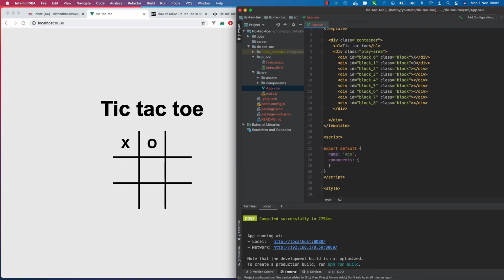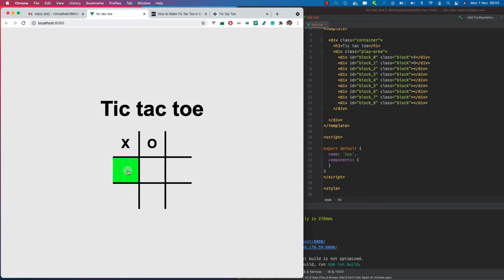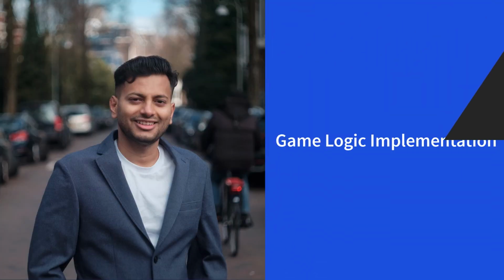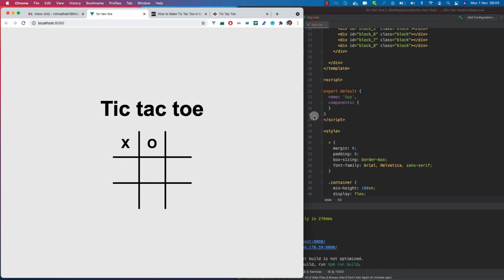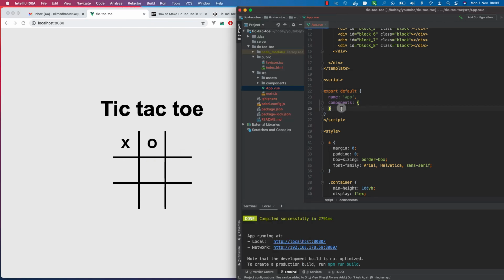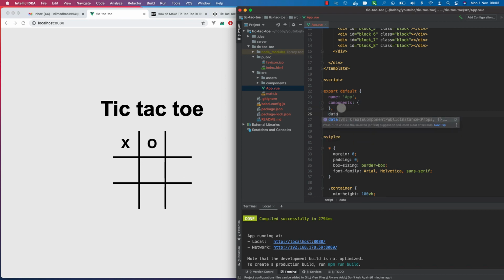So first we have to see that when you click one element, we have to display X or O, right? So how would we display the X and O's like this? We can create a data section where we define a variable content, and we can display the X and O based on that array, and we can manipulate that array dynamically and it will be displayed. So we can make a data section here,